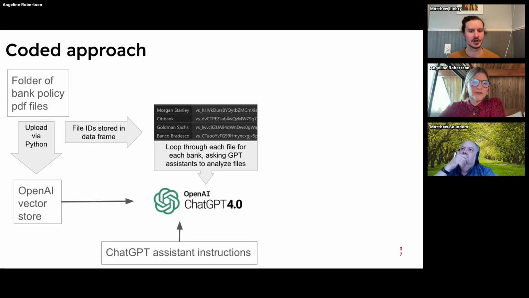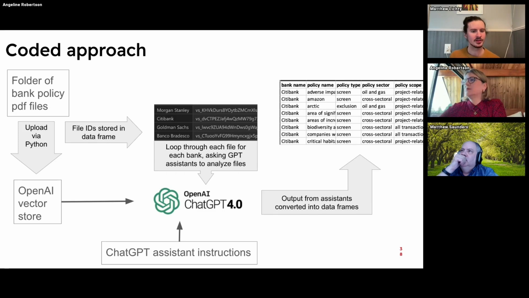While it's doing this, the code keeps track of the vector store file IDs to reference these policy files within the vector store. And then later it loops through each file ID and asks the GPT assistant to analyze the file. The assistants are analogous to custom GPTs in the GUI like I talked about earlier, and we can write instructions for them in the OpenAI backend website. Next. The assistants return output that the code converts into data frames,